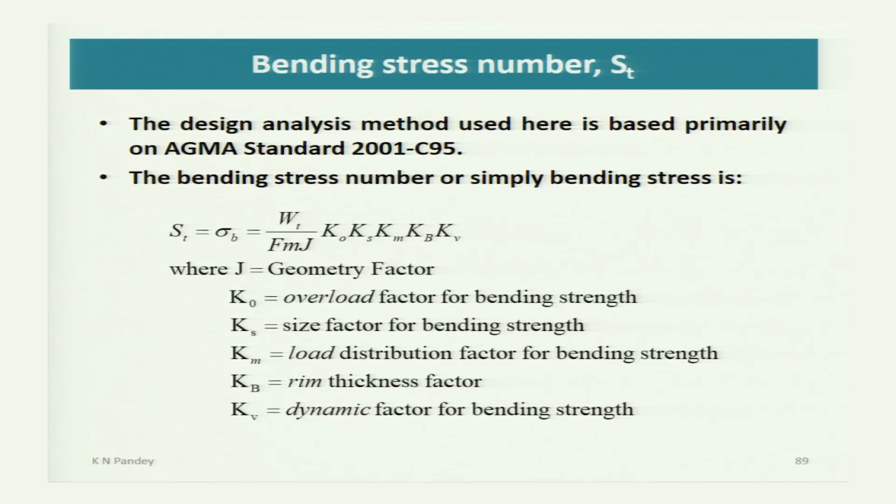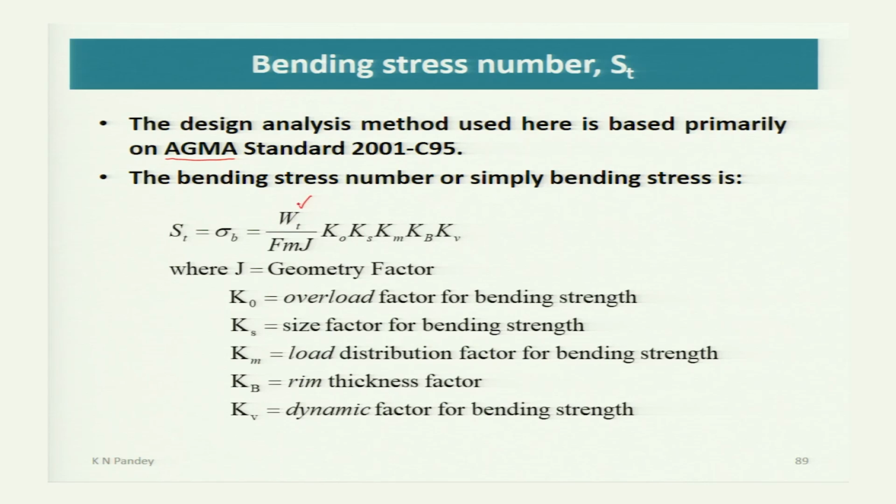Now, considering the different drawbacks of the Lewis bending equation, AGMA, the American Gear Manufacturers Association, standard 2001 C95, developed a bending stress equation which is called the bending stress number as per AGMA. AGMA says the bending stress is the bending stress number. So, you can call it the bending stress number or the bending stress, and that is given by